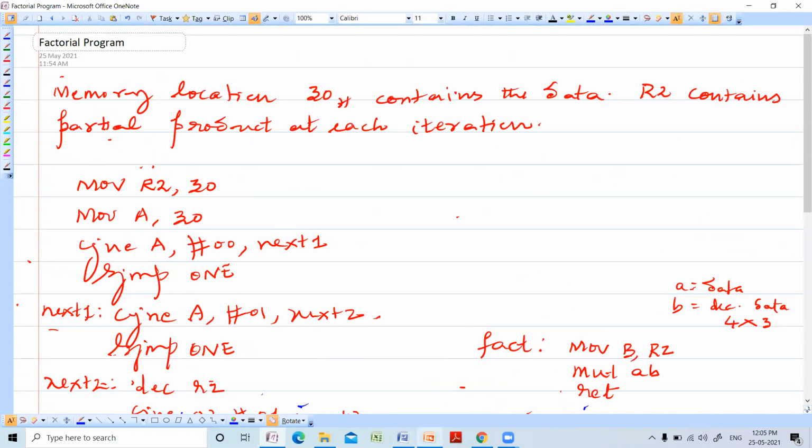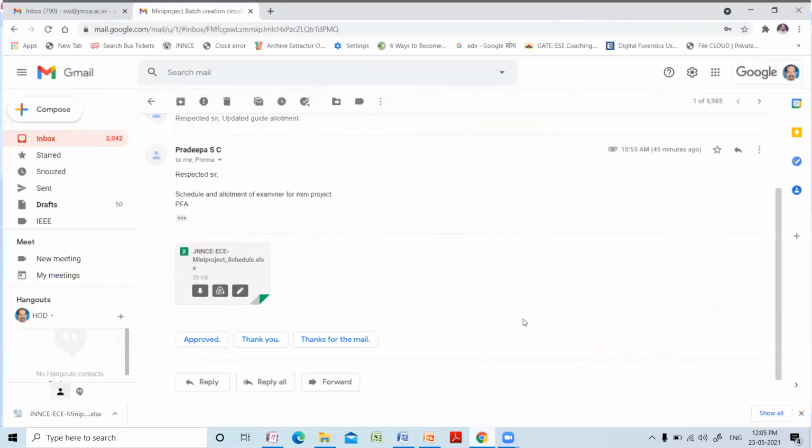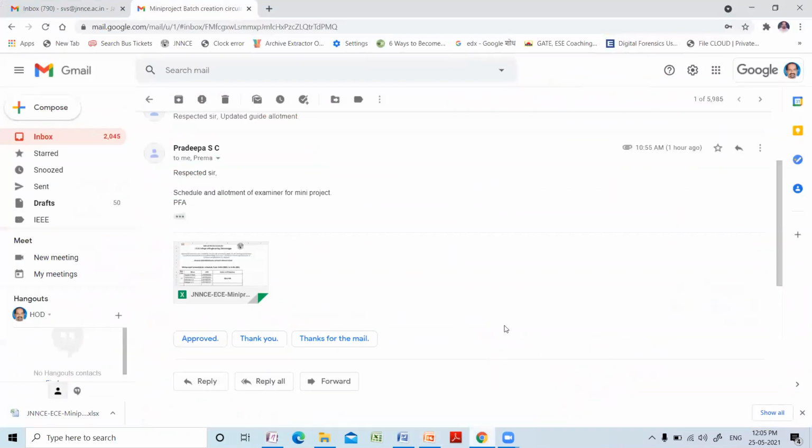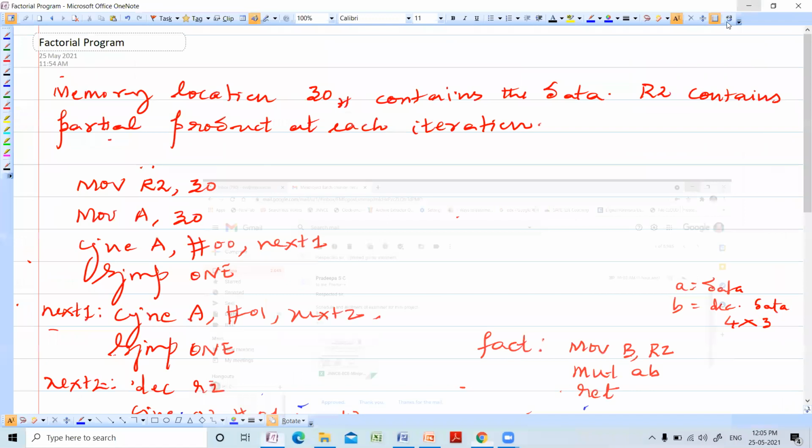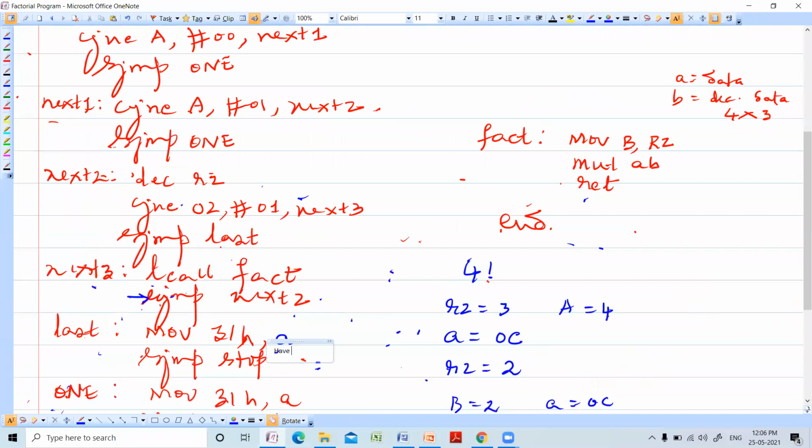So have you understood the program? So have you understood? So very important factorial program. Have you understood?